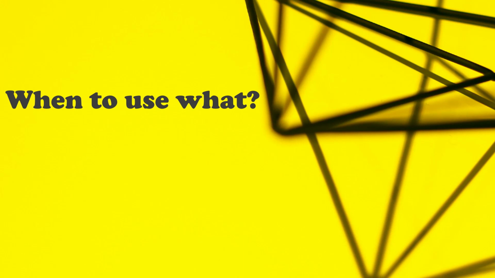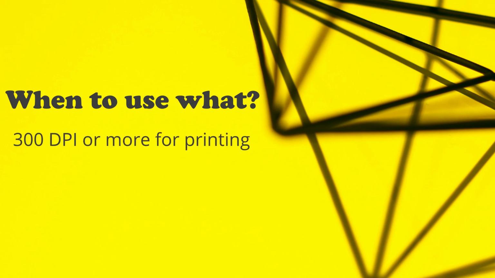Now, when to use what? As mentioned, if you are creating images only for the purpose of web or social media, a 72 PPI image will work fine, unless specifically asked for a higher value. However, if you are creating images or photographs for print purposes, the digital image just needs to ensure that it has a decent DPI value as well, at least 300. There are printers available at 600 or 1200 DPI, giving crisp printed resolutions.